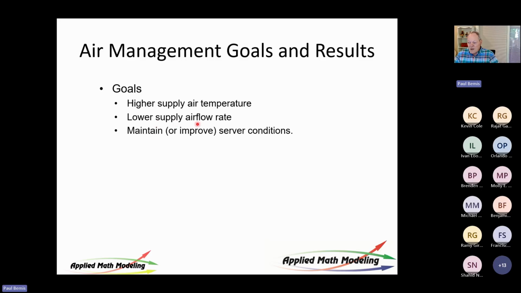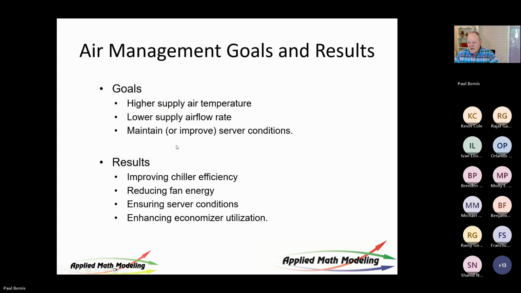As you slow down the air, the temperatures start to rise on the inlets. As you increase the inlet temperatures, you need more air. So they tend to work against one another in a sense. You have to monitor them both. And the results are you have better chiller efficiency, reduced fan operation, your servers are happy, your economizer utilization increases,